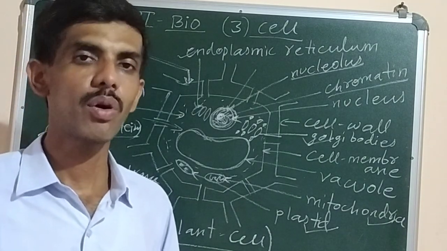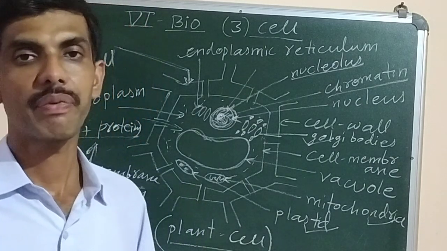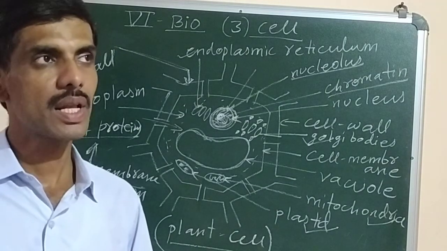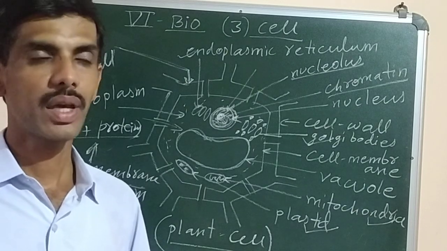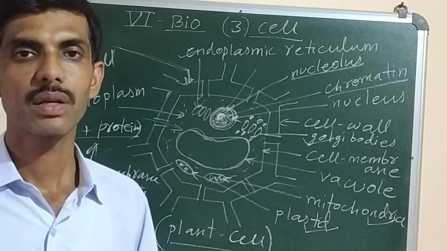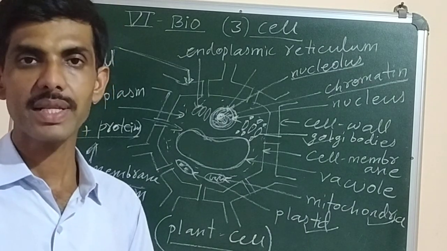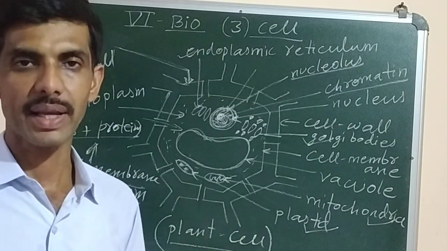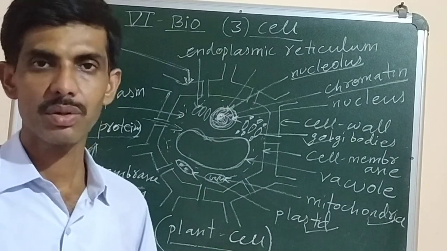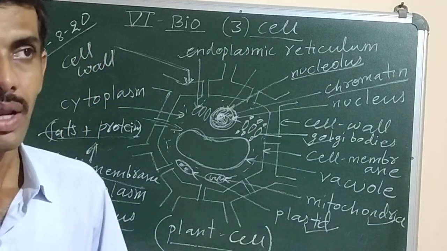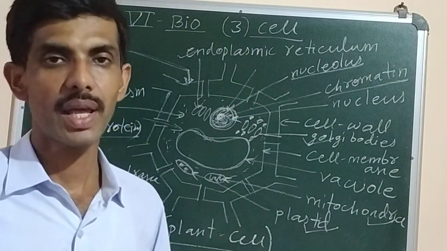They are called microorganisms. And cells are of different shape and size according to the functions they perform. Like the nerve cells are long like a wire or a thread. Why? Because their function is to carry the message from one part of the body to the other. Similarly, we have the muscle cells which can contract and relax because they help to bring about movements in the body. Understood? Then red blood cells are biconcave in shape so that they can easily carry oxygen and carbon dioxide along with them.